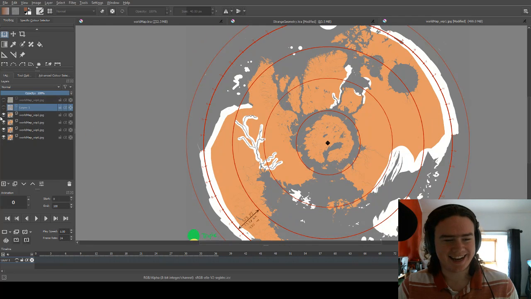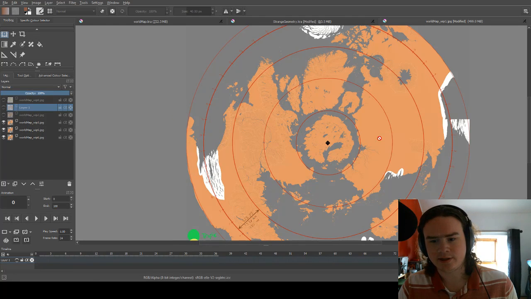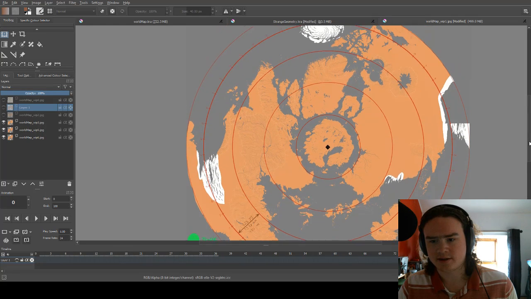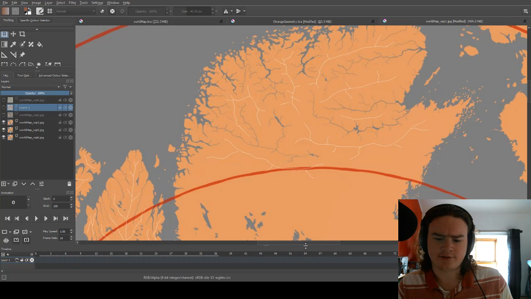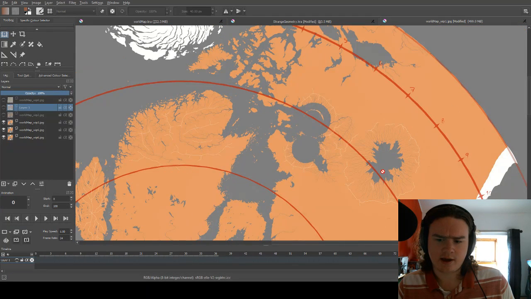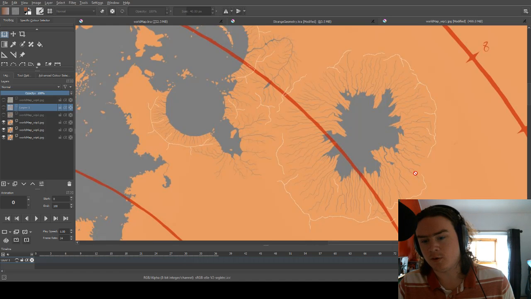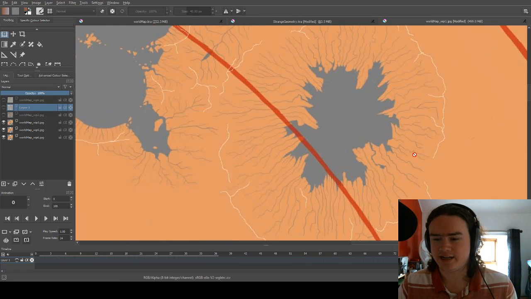Anyway, so continuing, I started filling in these white spots, continuing to improve the world. So this is getting much closer to completion now. You can see on this version I added some very faint white lines just to show where the watersheds are for the different mountain ranges. Oh yeah, on this one you can see that I've made the crater. I haven't made the crater smaller, but I've made the water filling this crater less, which means that a